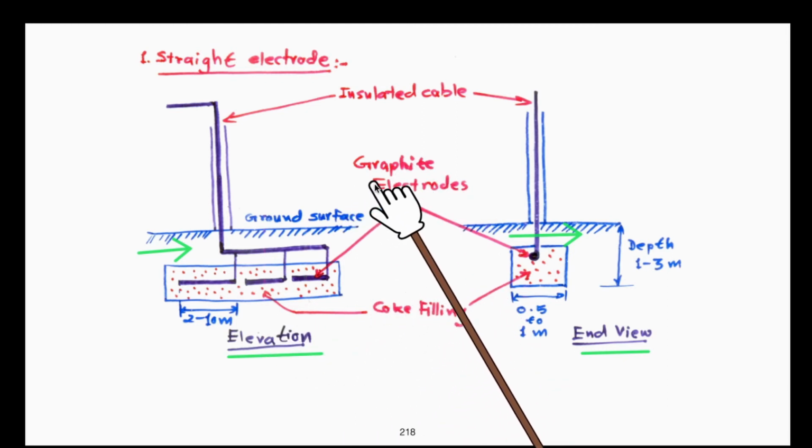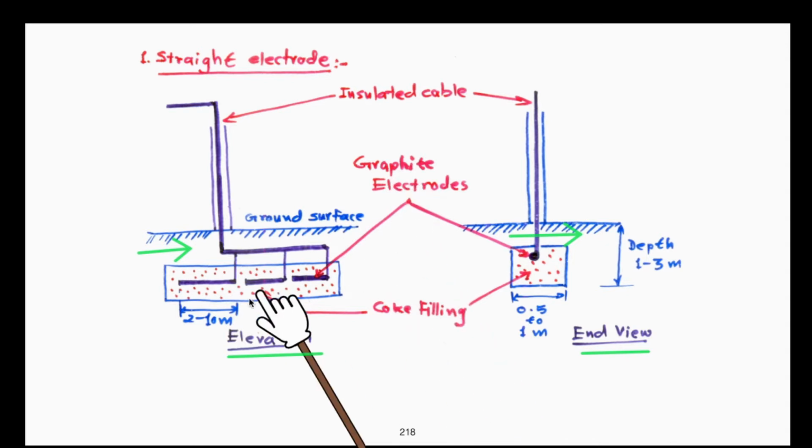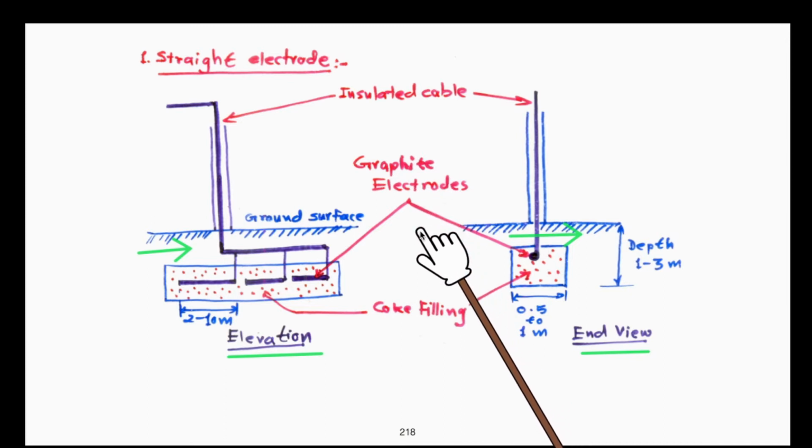So graphite is very commonly used in batteries. And here also, instead of iron, when we use graphite electrode for construction of earth electrode, it is realized that the savings in the material is of the order of higher than 98, 99%. Only 1.5% of material is consumed for the same amount of current over a period of 1 year carried by the graphite electrode. So these are the constructional details.